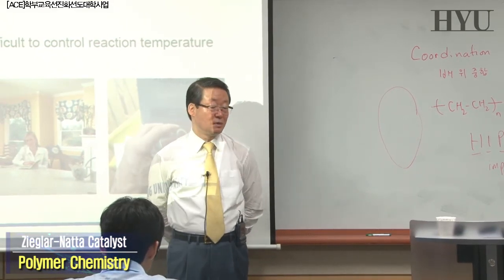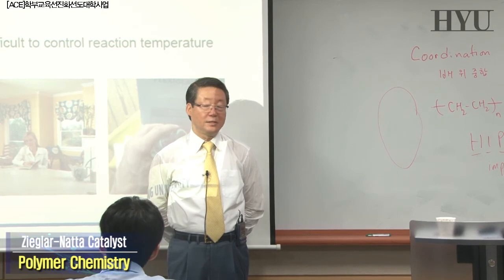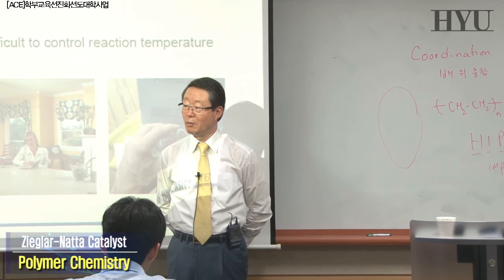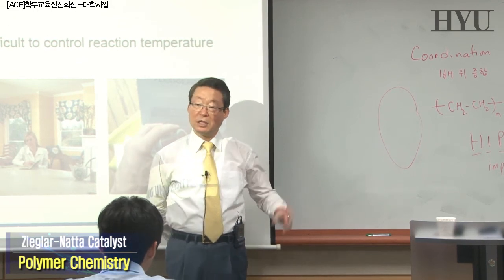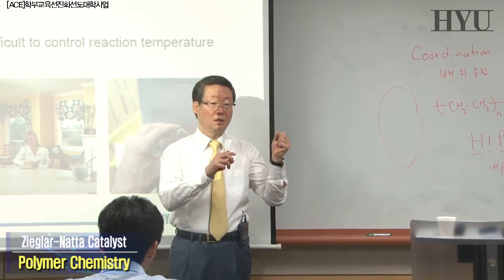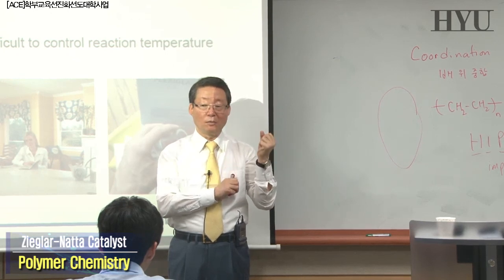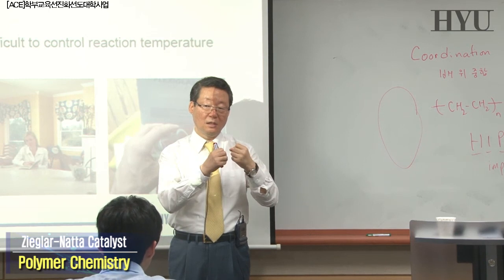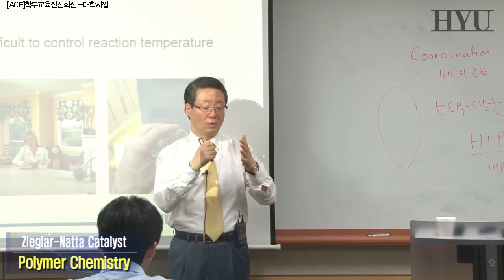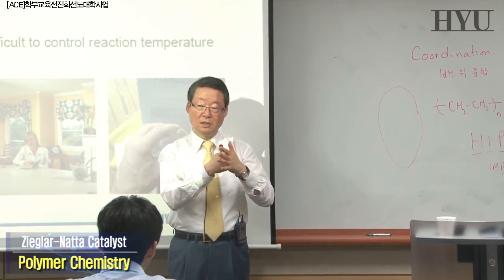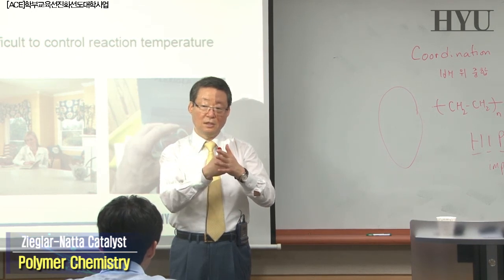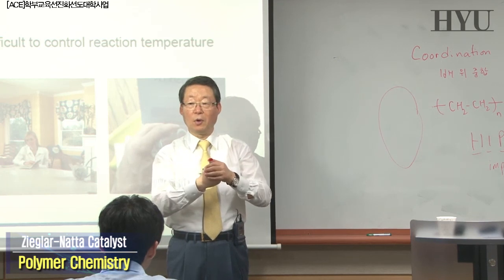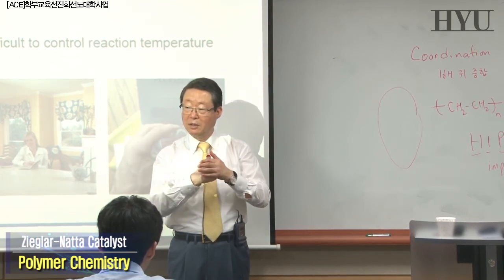So HIPS is a kind of blend or copolymer of polystyrene and what? Polystyrene is a glassy polymer, so it's very easy to be broken. If the polymer can resist the impact, not to be broken upon applying the impact,